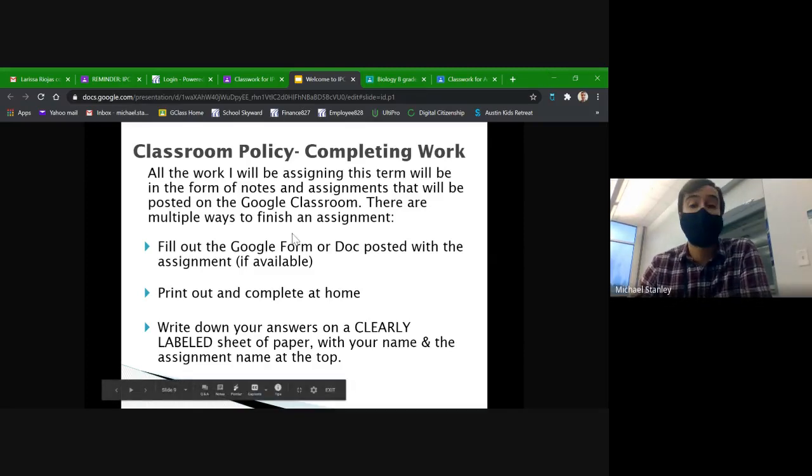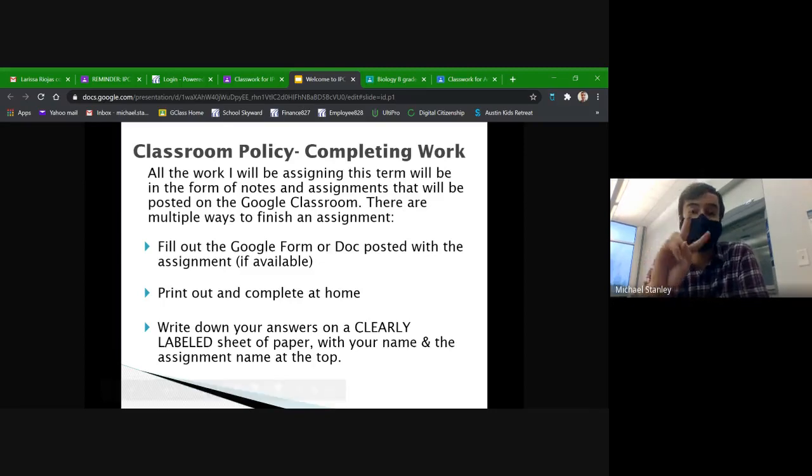Most assignments, I'll put up two different versions of the assignment. A Google Form version, which is like a separate website it'll take you to where you can fill out the assignment question by question, kind of like you were submitting a survey.